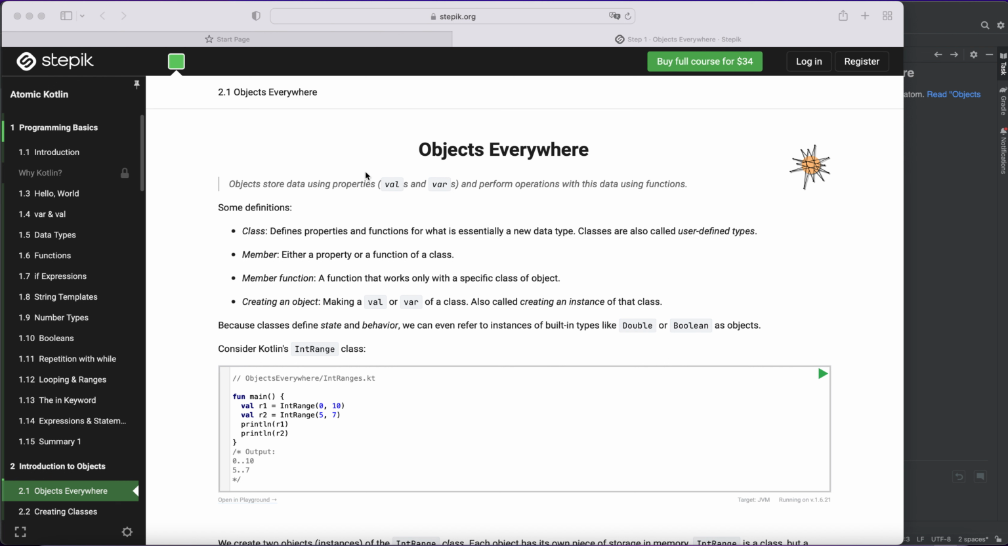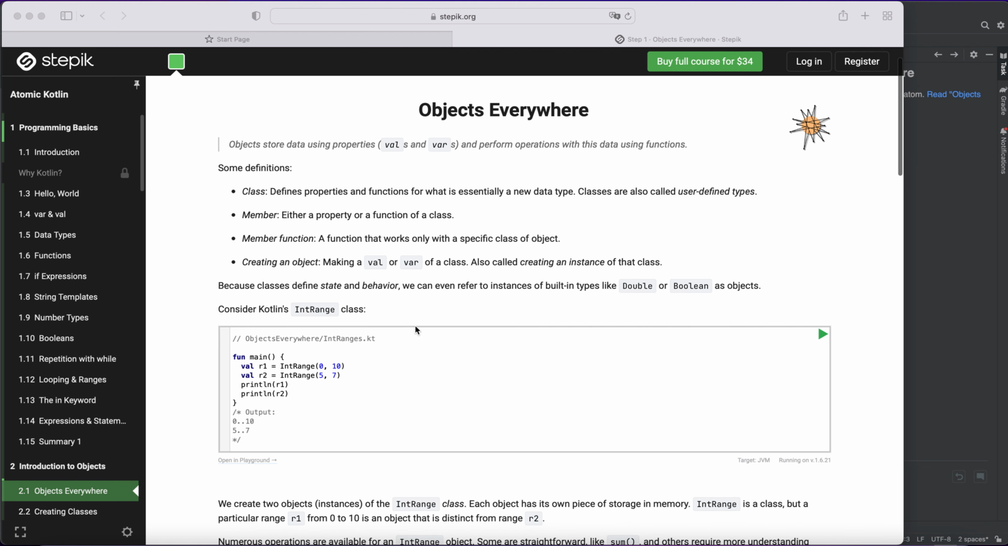So that's the idea. An object stores data using the properties val and var. As you know, val is immutable, whereas var is a mutable property, and objects perform operations with this data using functions, right? Some of the definitions are classes, members, member functions, creating an object. And one of the examples is